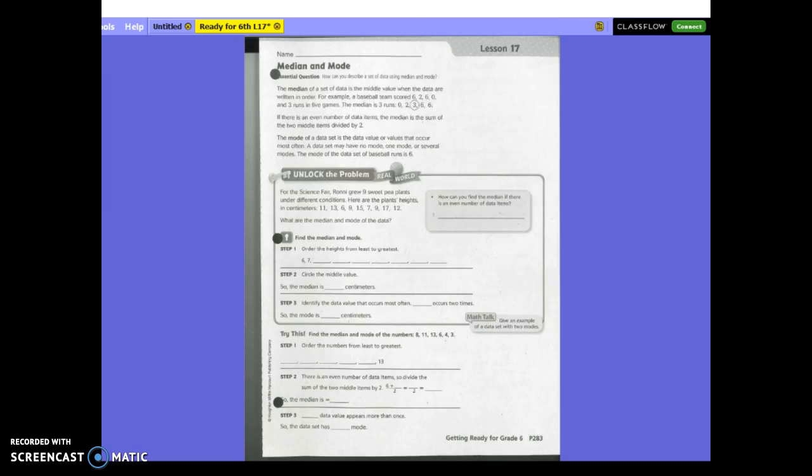For example, a baseball team scored 6, 2, 6, 0, and 3 runs in 5 games. The median is 3. Look how they ordered that from least to greatest, and then you had to choose the one in the middle. Sometimes to help me choose the one in the middle